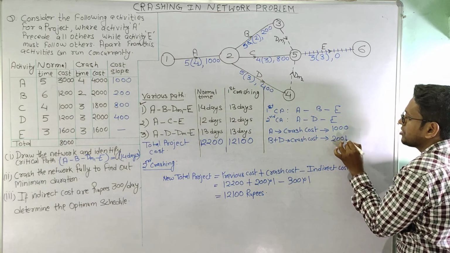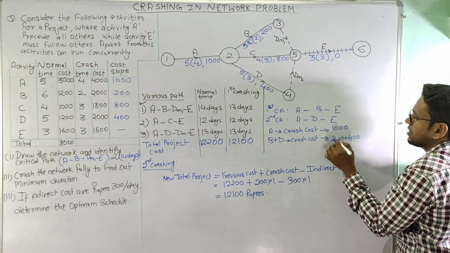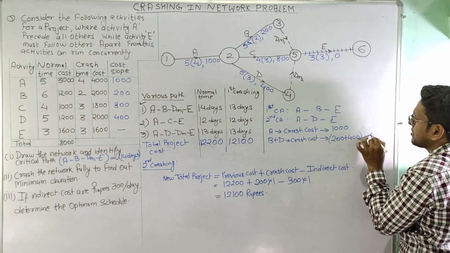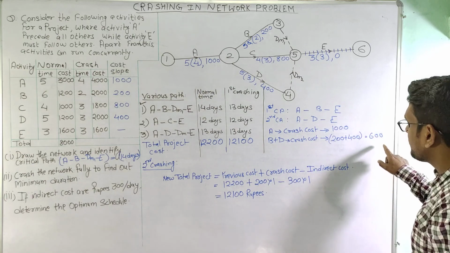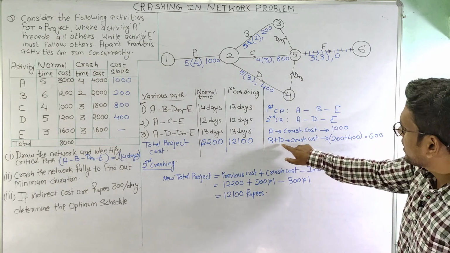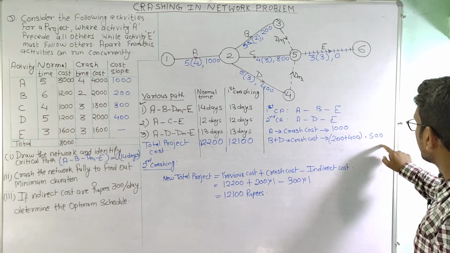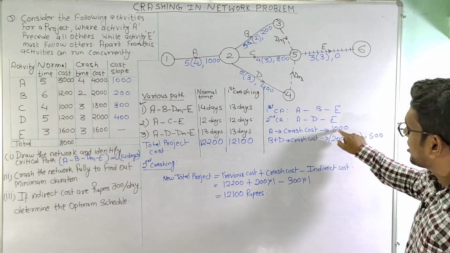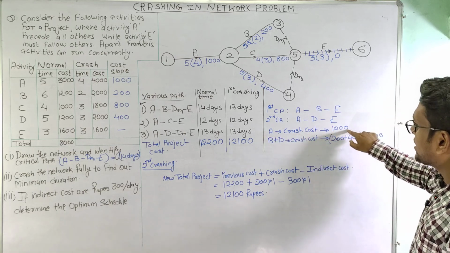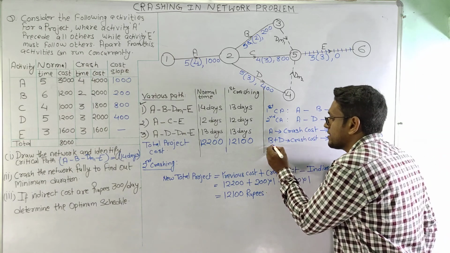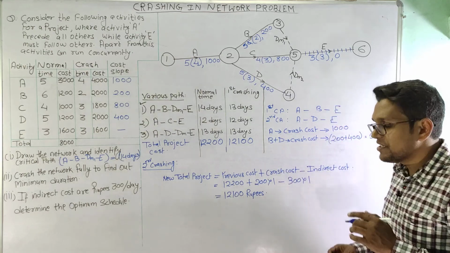So 200 plus 400 is 600. So here also we can see that crashing these two activities will give us a lesser value of slope as compared to crashing activity A. So we will select to crash activity B and D simultaneously,